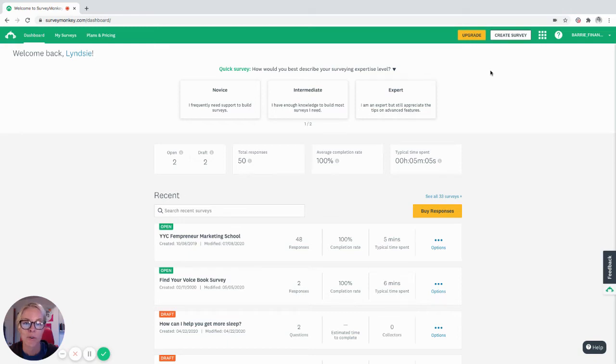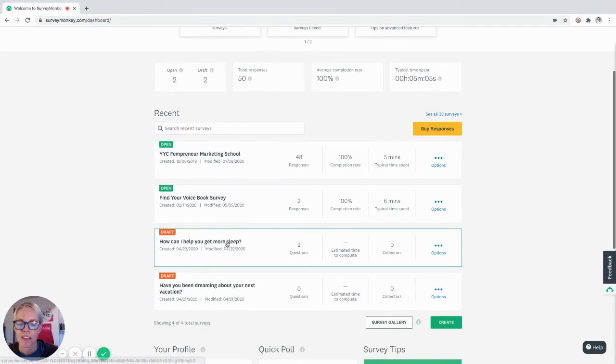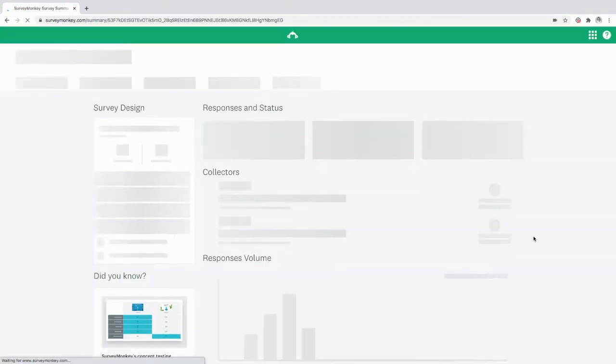This is how to add your logo or a picture to the bottom of your survey so that you can send people off with your beautiful face and maybe even your logo too, and make the survey more personable and more branded to you. So I'm going to use this draft survey,